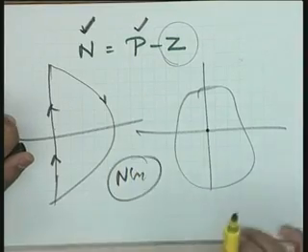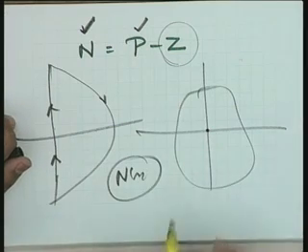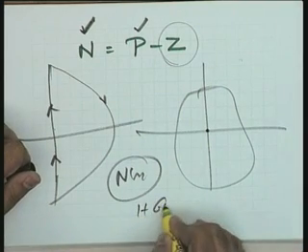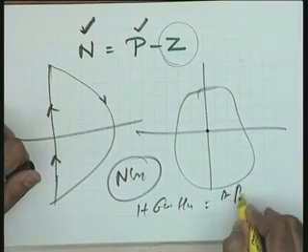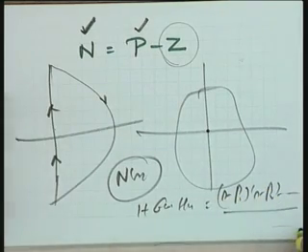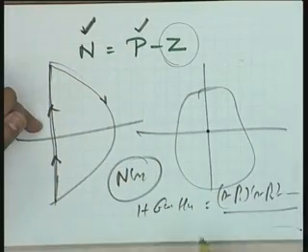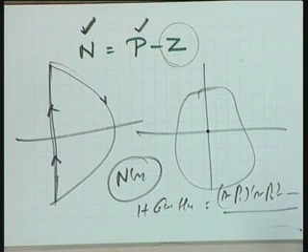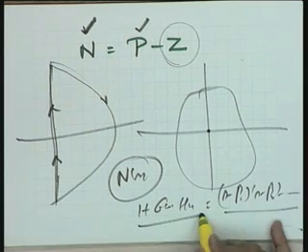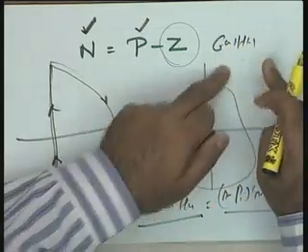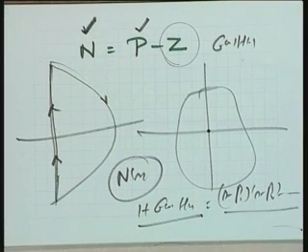Now tell me please, zeros of ns are known to you. Zeros of ns on the contour do not create any problem. Zeros of ns, because it is the zeros of 1 plus gs hs which are there, s minus beta 1, s minus beta 2 and so on. So as far as this statement that a 0 on the contour has no meaning, because the zeros of the closed loop system you do not know. The zeros of the function 1 plus gs hs you do not know, and the zeros of gs hs are only known to you, and the zeros of gs hs do not create any mapping problem.